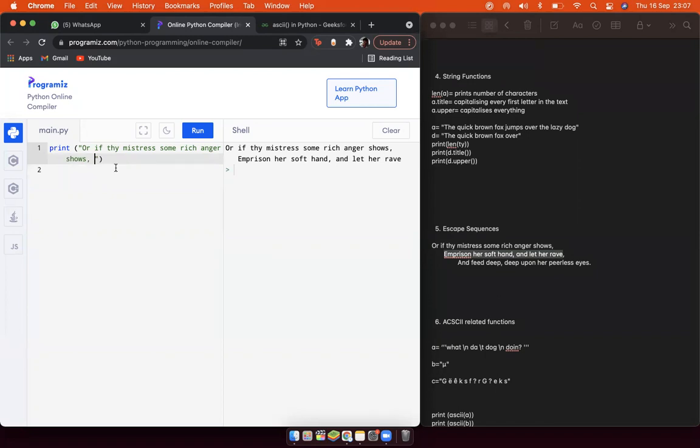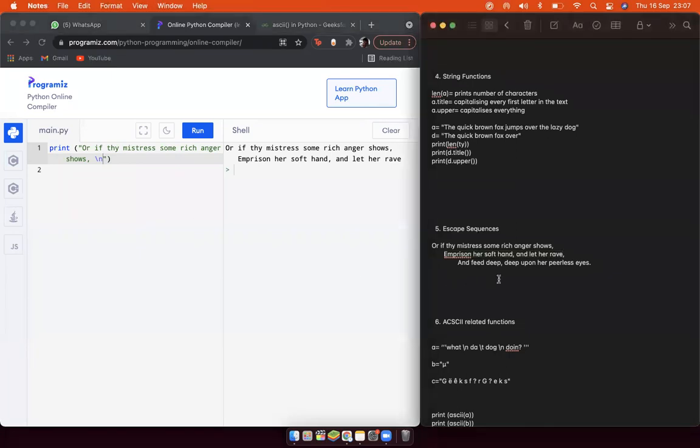So what we're going to do is have just one print command and use a backslash. Remember it's a backslash, the one below the backspace key on your keyboard, not the other slash that is next to the shift key. Don't make that mistake.